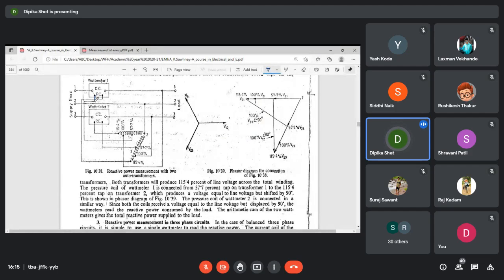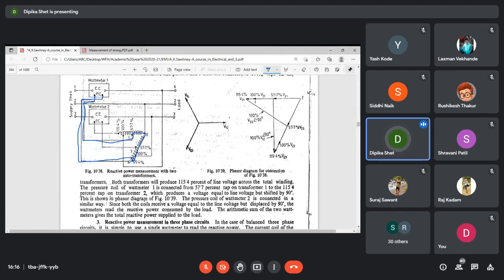See here, this pressure coil will be connected to this 57.7% tap, and its other terminal will be connected to this 115.4% tap. Means what? The pressure coil of our first wattmeter is connected from the 57.7% tap on this transformer to the 115.4% tap on this transformer 2, and therefore it will produce a voltage equal to the line voltage,